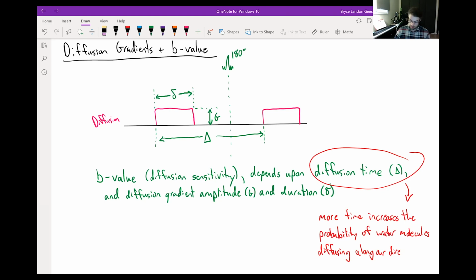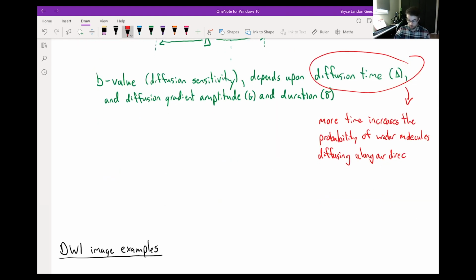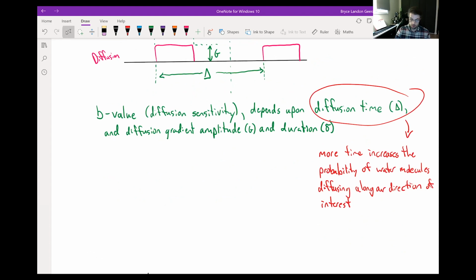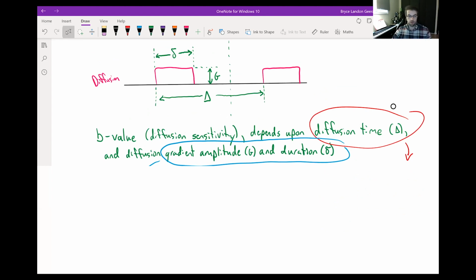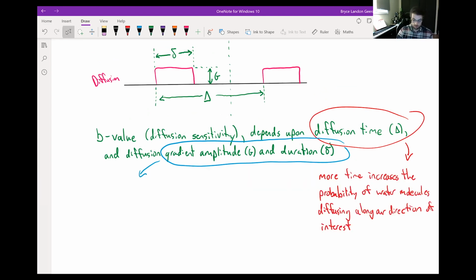It's not my best spelling, not my most readable text. All right, and then the other two factors kind of come together in terms of the gradient we're applying. So I'm going to talk about them together in blue. So these two factors, we've already kind of talked about, time and the likelihood of movement. These two factors contribute separately in that they determine how much phase is encoded for spins along that diffusion direction,